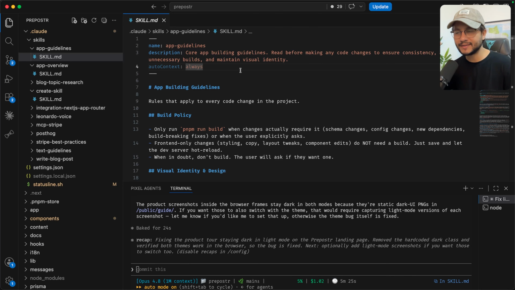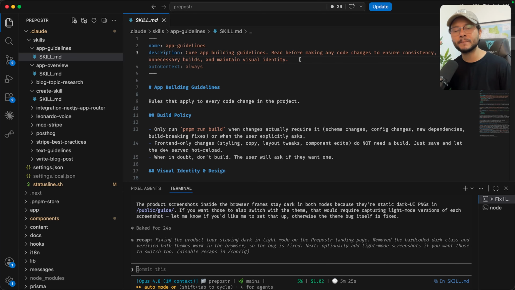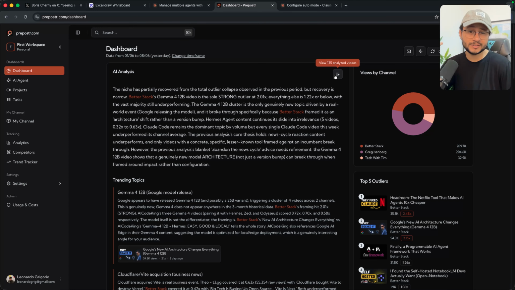Now, somewhere else I think it's extremely important to have a skill is for design. Mine is inside of app guidelines, so it is always added to the context of Claude Code whenever I open up a session inside of this project. It's basically about ensuring I have a consistent design throughout all of the pages. Because, for example, whenever it needs to use a loader, you might have noticed that it uses a spinning wheel, and I hate that. I much prefer skeletons. And because it has that specific skill, when I tell it to create a modal, it already creates it with